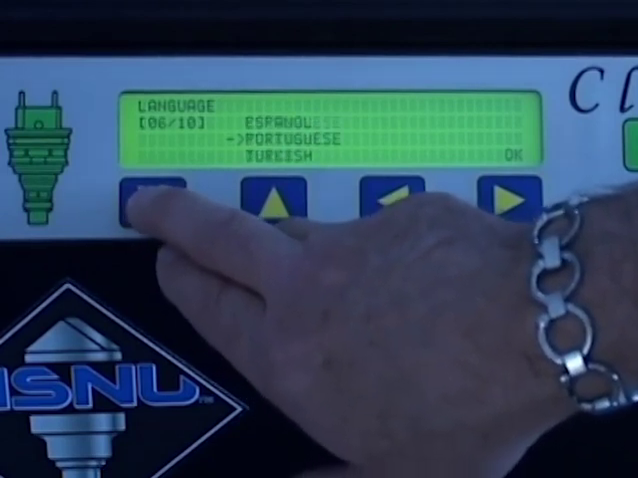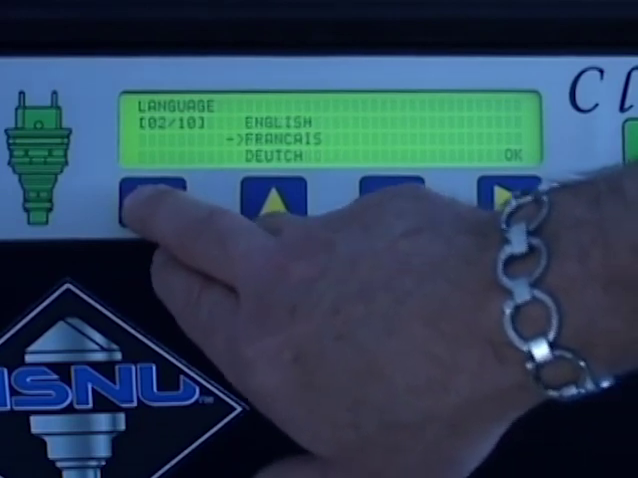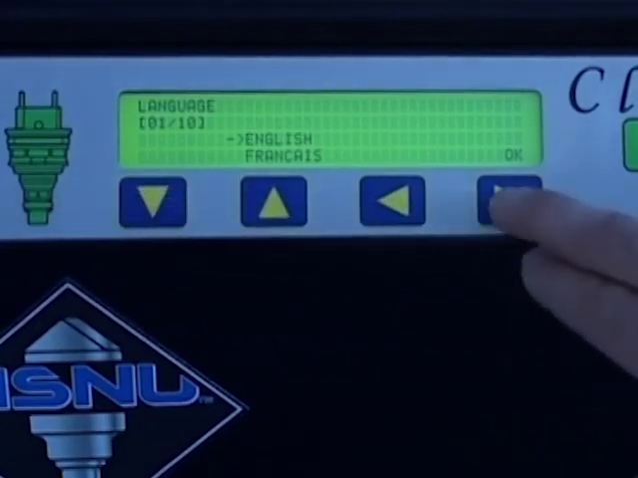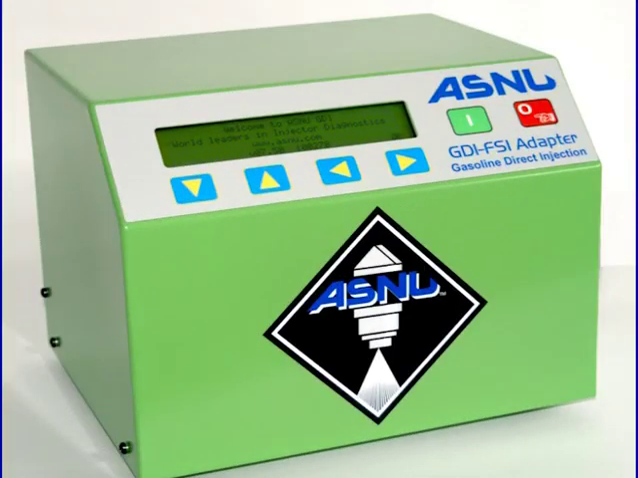The required language is selected by pressing the up and down keys until the preferred language is indicated, and then confirmed by pressing the OK key. At this stage, it should be noted that all of the features and functions shown in this DVD will also